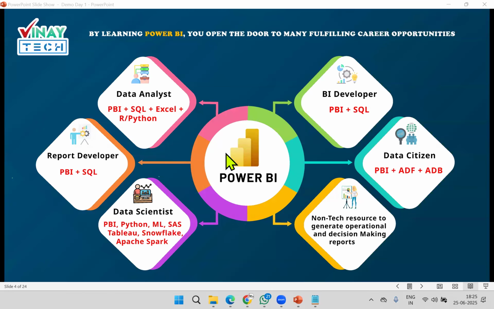Next, Power BI. This is a single application, a tool, or whatever you say. This software application is useful in multiple areas. Majorly report developer, where Power BI and SQL are used, and recruitment is also happening on this. And second, BI developer, Power BI and SQL, generic BI developer. 90% of opportunities are on this, and there are high chances to get it if you learn this course properly. And the full subject is required. Learn complete Power BI.